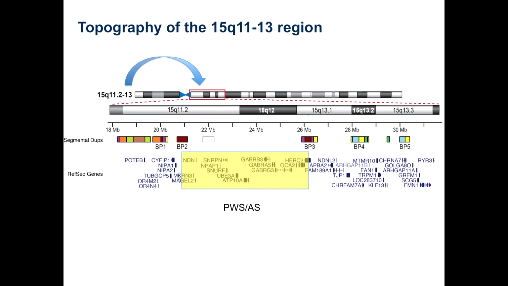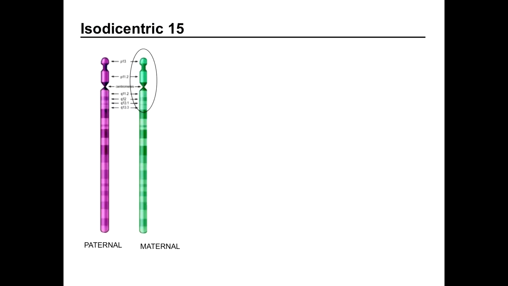Now what we know is that there are other 15q duplications, for example, between breakpoint 1, breakpoint 2, or on the other end, breakpoint 4, breakpoint 5, that don't involve the Prader-Willi-Angelman critical region. And they may have neurodevelopmental symptoms, but they don't have this syndrome. So the duplication is really defined by including the Prader-Willi-Angelman critical region. And so what does this isodicentric look like? Well, if we lopped off the top of one of the maternal 15s and duplicated it and flipped it over and then reattached it, that's what it looks like.